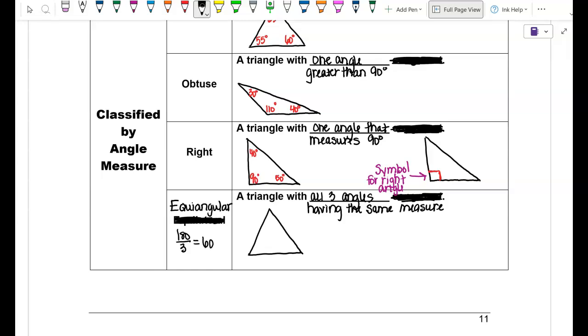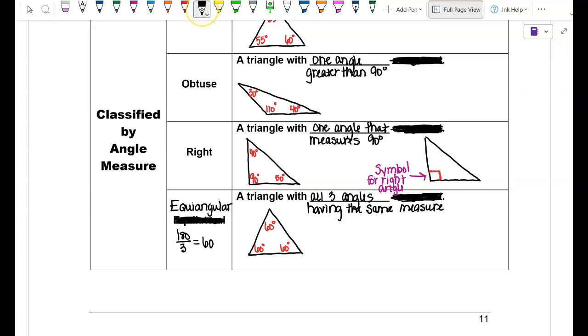So every time you have an equiangular triangle, there is only one measure for those angles. They are always going to be 60 degrees. Because if I take that 180 and divide it by 3, it's going to come out to the same number every time. It's not like it changes every time I divide by 3. So if you have an equiangular triangle,